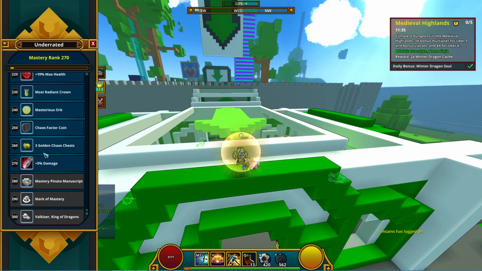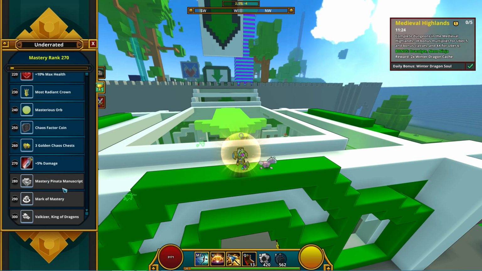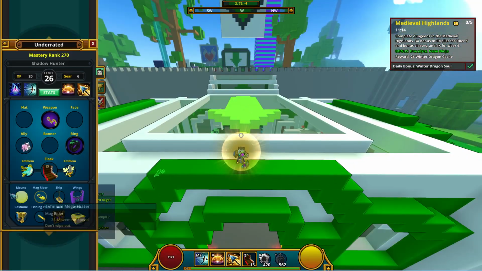260 is 3 golden Chaos chests, which I did open in my last version of this video, and you saw what I got. And then 270 is 5% damage. 280 is Mastery Pinata Manuscript, which has the chance of... This is a legendary tome that gives you, I think, 2 Mastery Pinatas every week, and they can drop the Mastery Pinata Mount, which is a new mount, which if you...